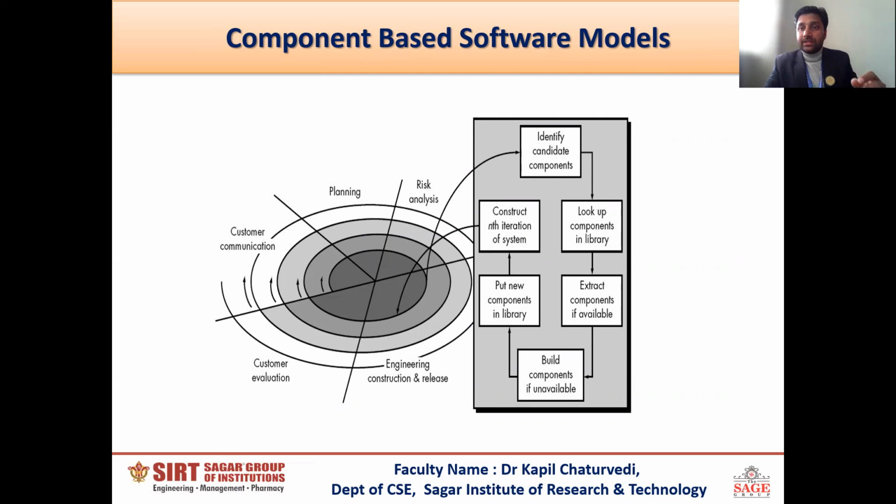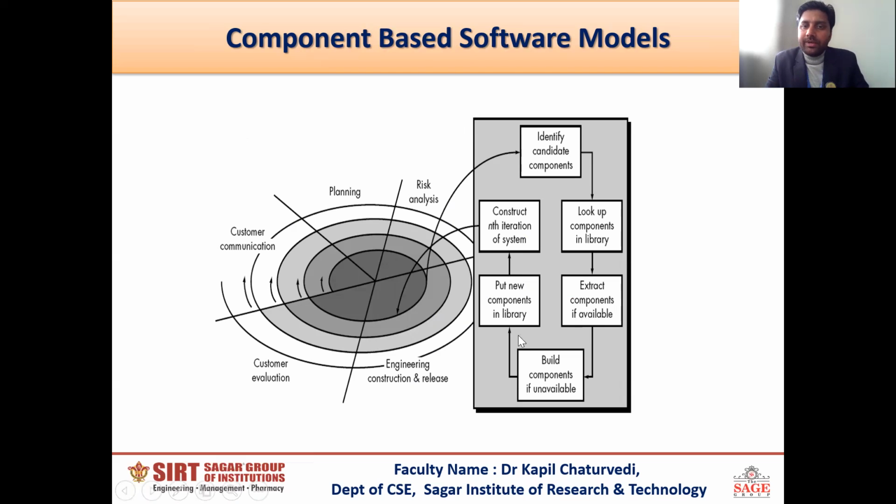And the next model says that the software industry now uses the concept of reusability. Most of the modules are already available in the library, so there is no need to develop every module again and again. Once the software industry starts a new project, first of all they find similar software already developed in the company, and by using the modules of that software, they develop new software.